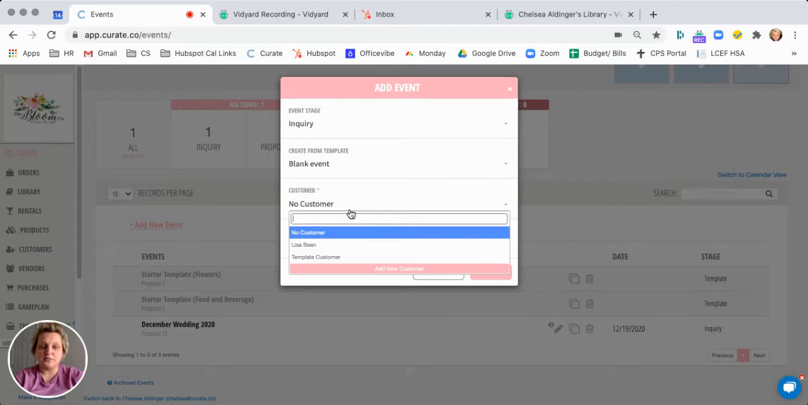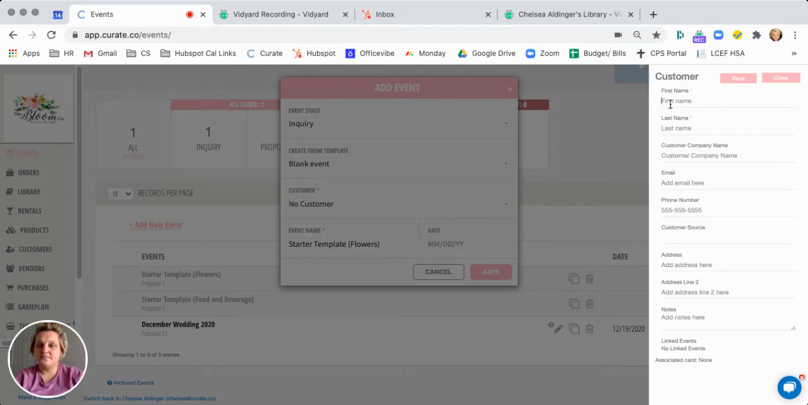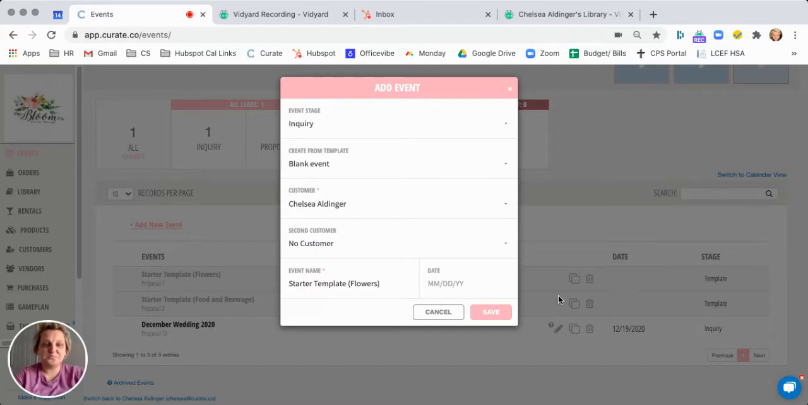You'll be able to add a customer. If the customer is not already loaded into your account, simply add new customer. And we'll use me as an example for this proposal. You'll always have the ability to add a second customer to any proposal. And then let's go ahead and change the event name to